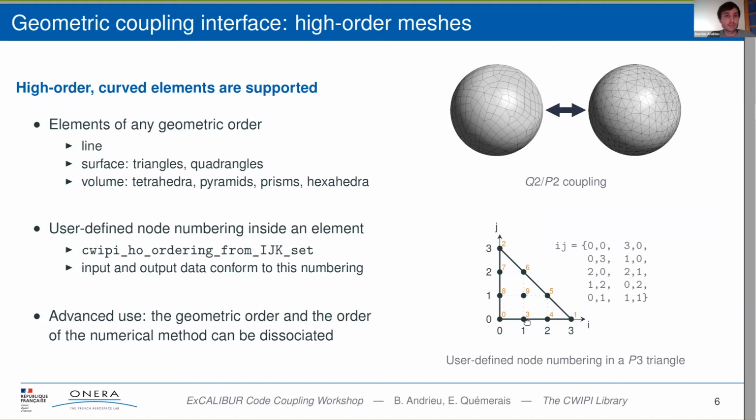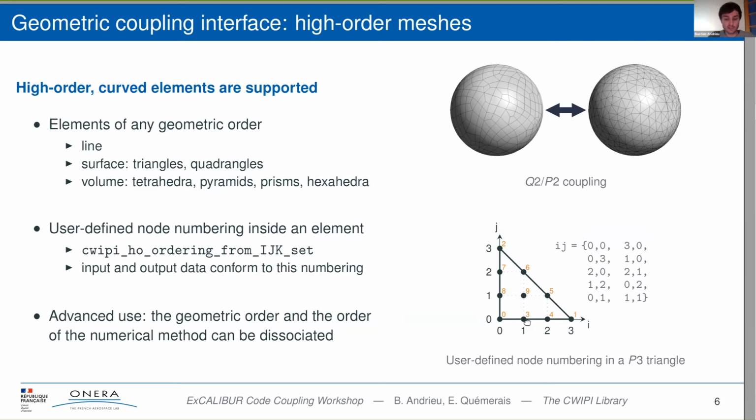CWIPI can also handle high-order interface meshes with either straight or curved mesh elements of any standard type. So again, one-dimensional, two-dimensional, or three-dimensional high-order elements. And because there really is no standard way of defining such high-order elements, CWIPI provides the user with